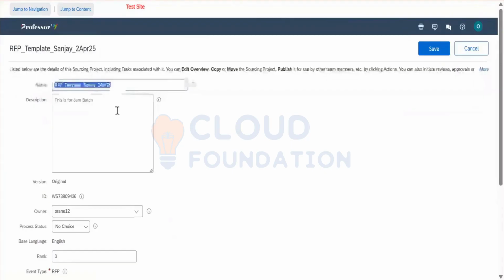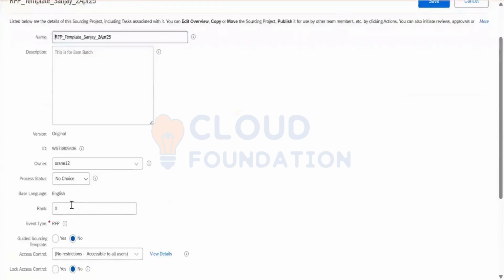Let's change this to edit RFP. There are two methods. People are using names like AA, so that this project will come first. But instead of that, this is the correct method. You have to assign a proper ranking for your template, then accordingly it will get changed. So, for example rank, I'll be giving -25, click on save. So the negative value I have just given,